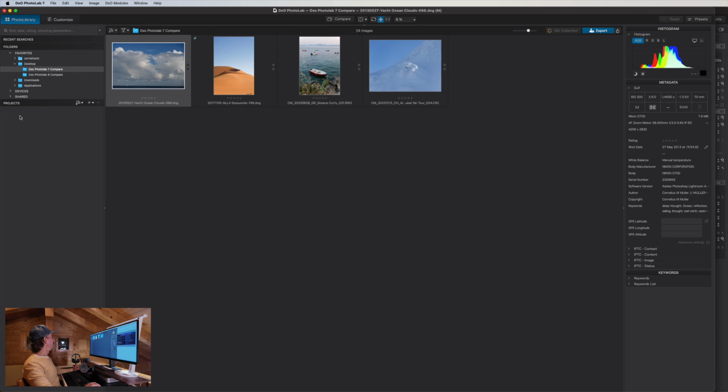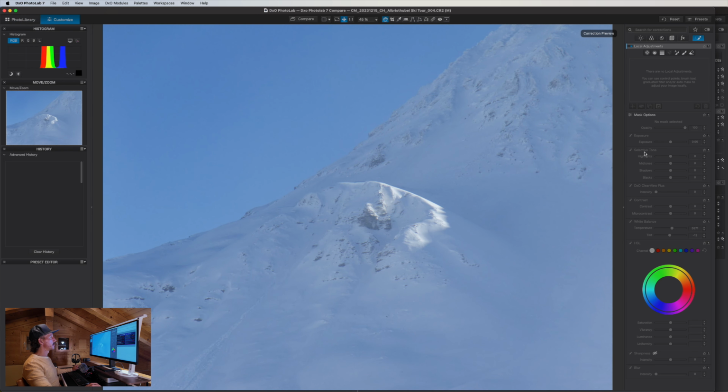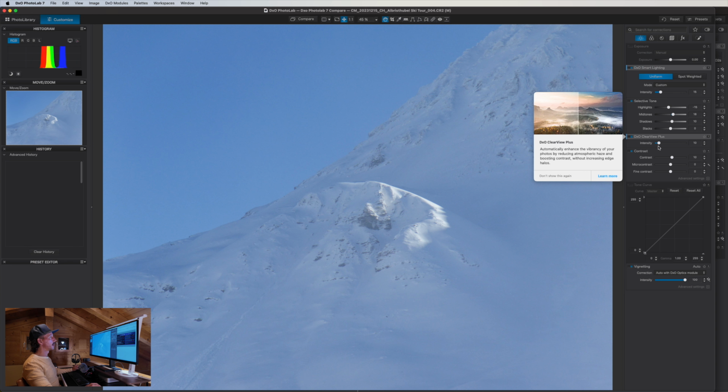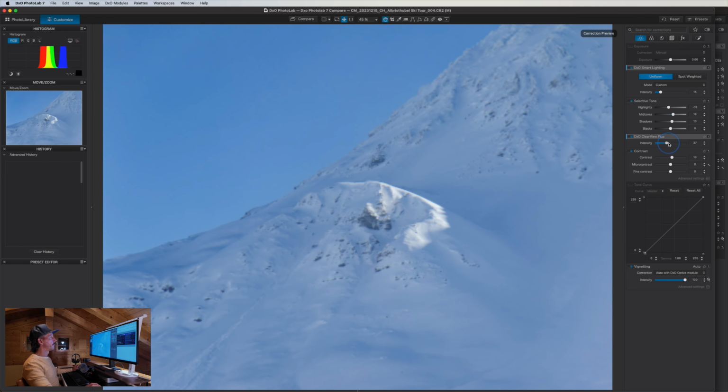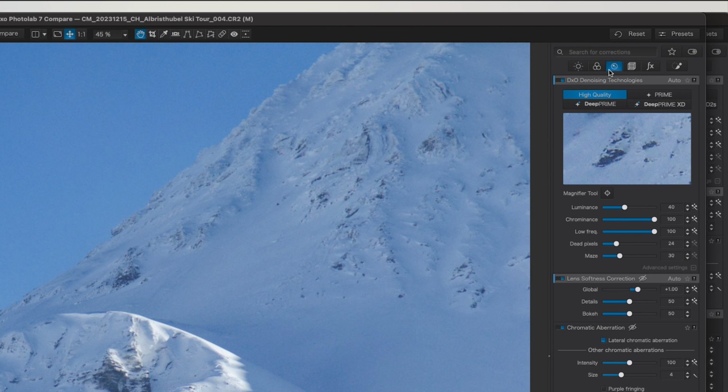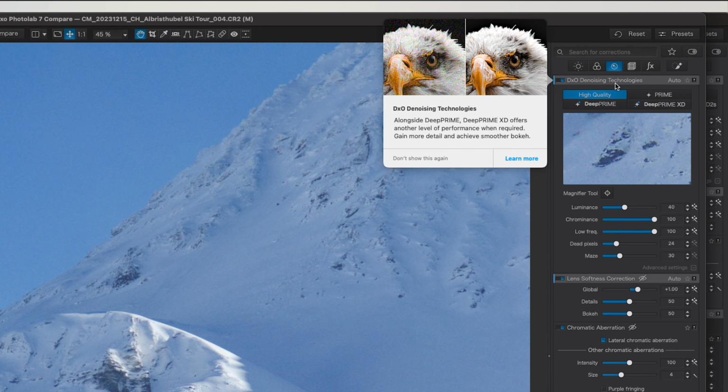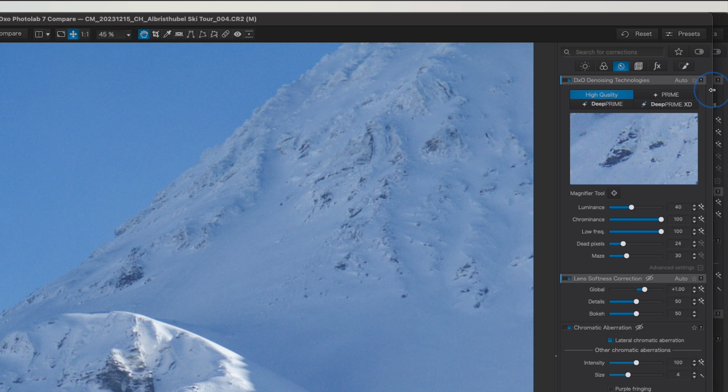There you go. Okay, so yeah, I had the same, I was just going through a bit of the differences, but I'm not going to extensively compare them just to not waste your time. So let's do the same image here. I'm not going to do the adjustments, or I'll just do the clear view quickly. There we go. Okay. So go to details, and now you can see under denoising technologies in PhotoLab 7, you